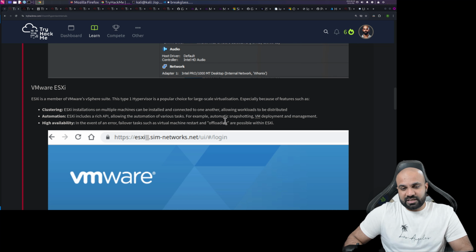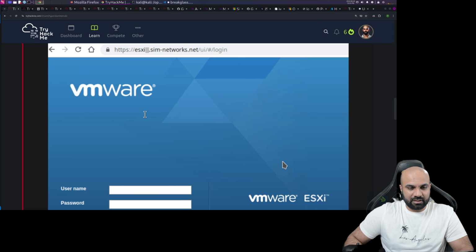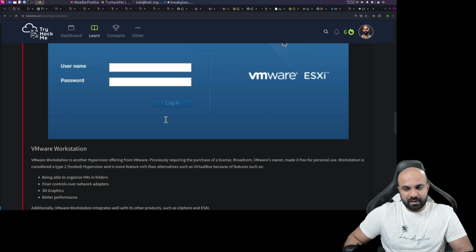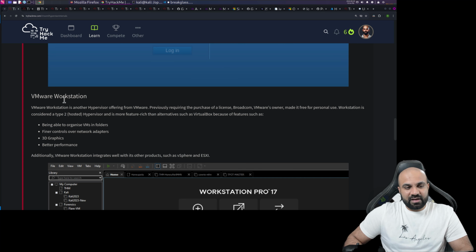For example, automatic snapshotting, VM deployment and management, high availability in the event of an error, and failover tasks such as virtual machine restart and offloading are possible within the ESXi. So this is the portal itself that is available as a Type 1 bare metal hypervisor,